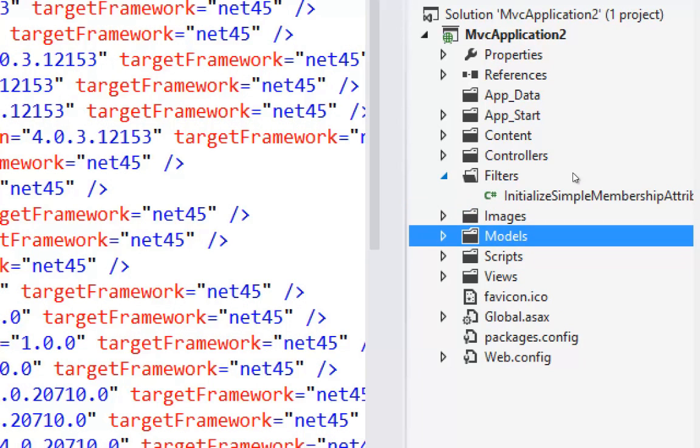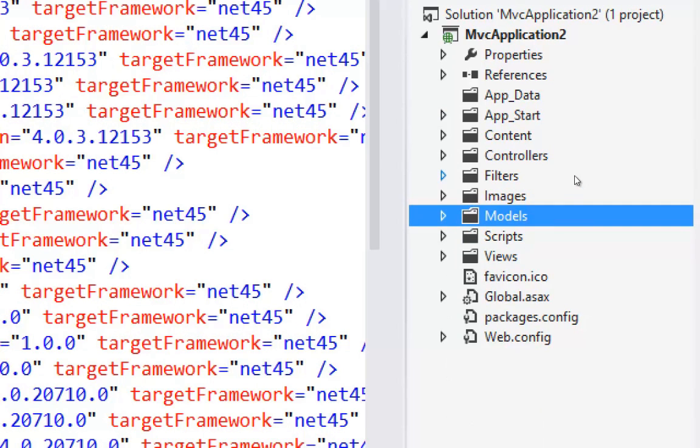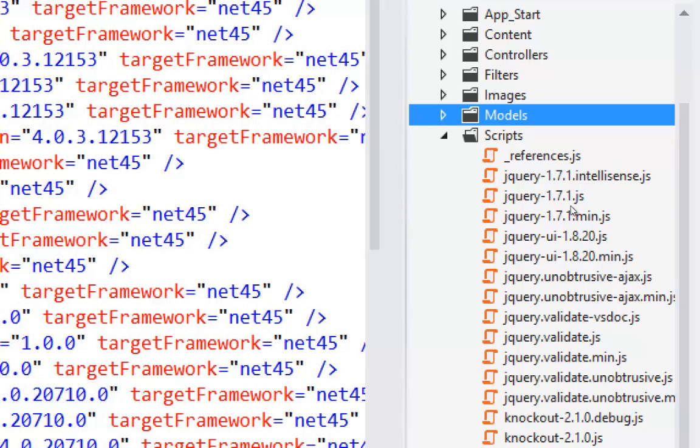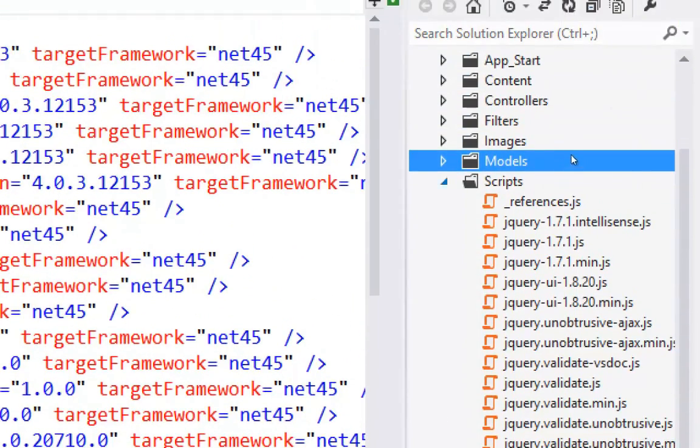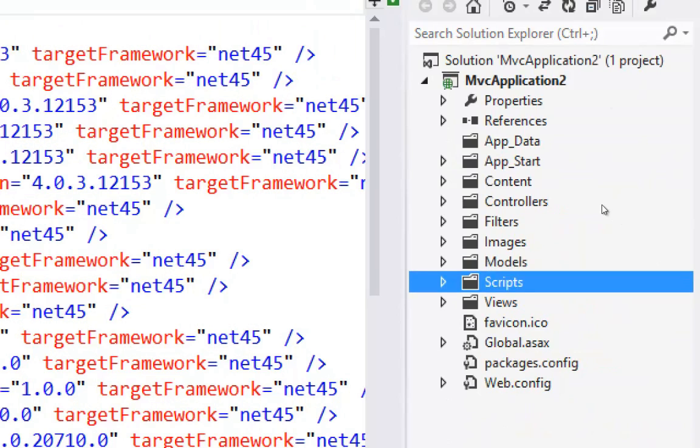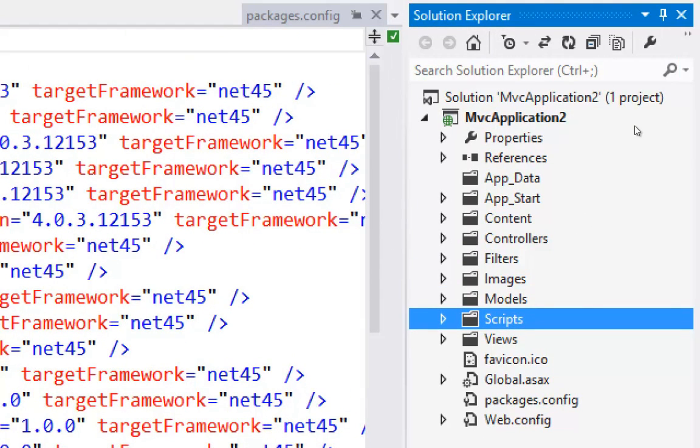And then filters. This is stuff that runs at startup. Some of this filter config stuff here from App Start, like this sets up a membership, the membership provider with a simple database and creates a database and things like that. And then the last one here is scripts, and this is your JavaScript scripts. You have a bunch of files, like it comes with jQuery, comes with Knockout, Modernizr. If I scroll down, there's Modernizr, and so on. So you could put your own JavaScript files here if you'd like. And so that's the ASP.NET MVC 4 file structure, and it hasn't changed that much, but there's a few additions